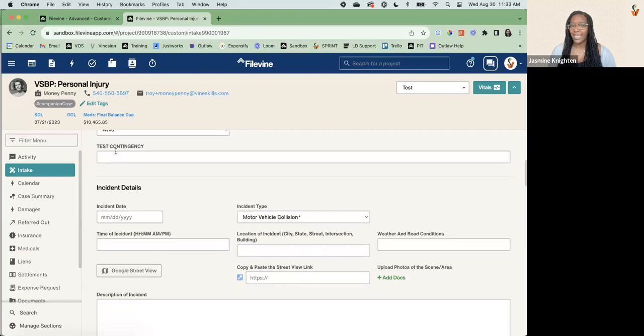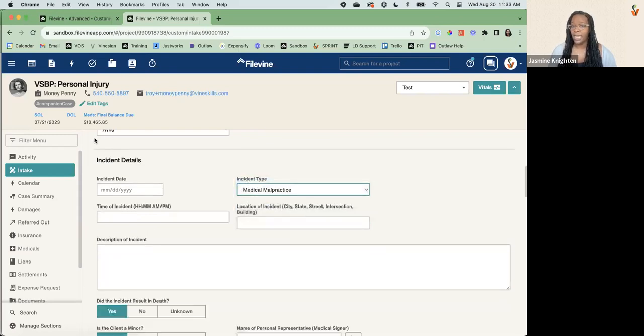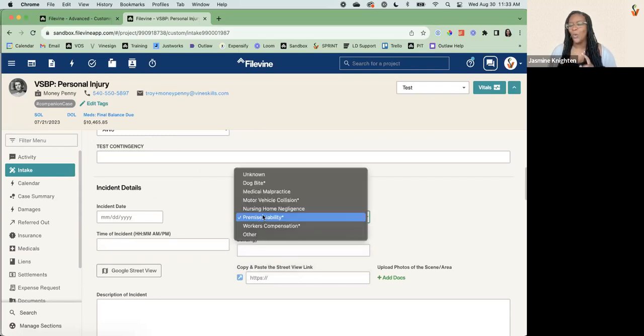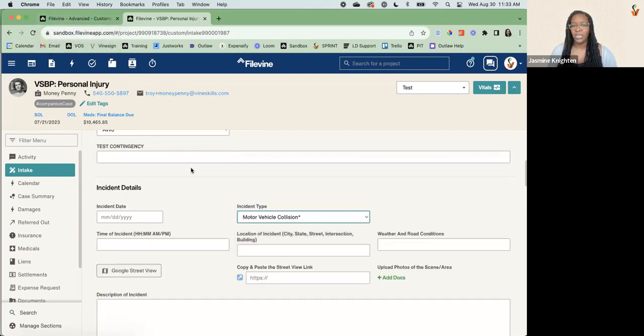And you'll see my test contingency shows up because my incident type has an asterisk. If I were to change this to medmal, you'll see it's now gone away. But if I change it to dog bite, it pops back up again because that asterisk is located there. It's a way to get around that only having one ability for those contingencies. Nursing home negligence, it's now gone. For this test contingency, you see that it's the only thing on that field. So it goes across the entire